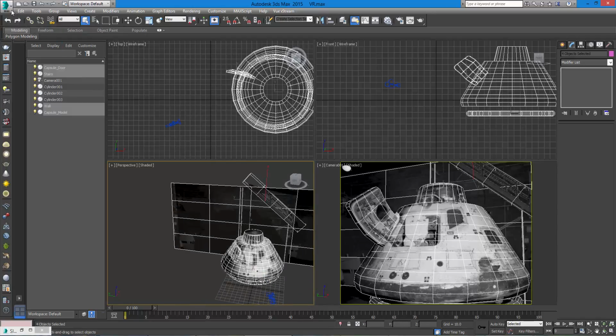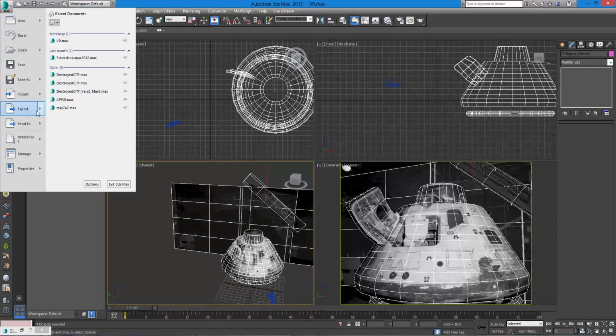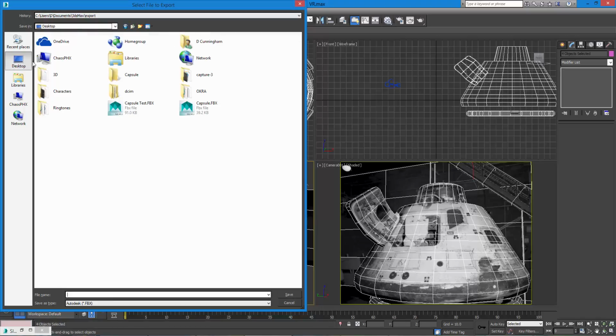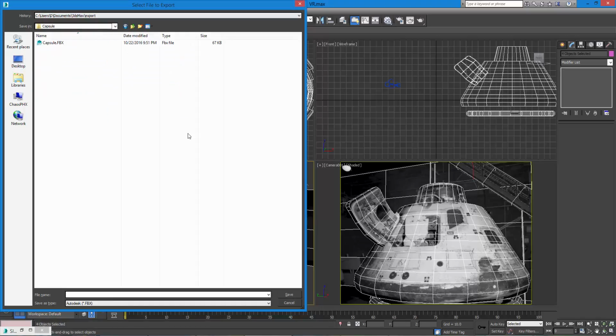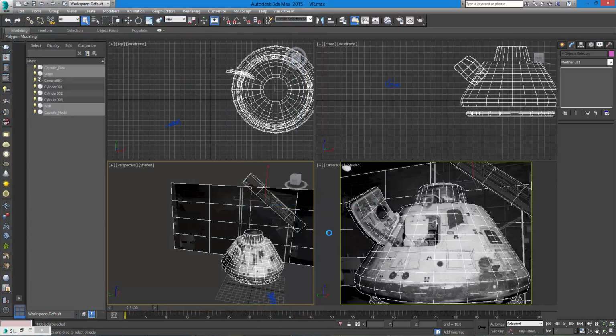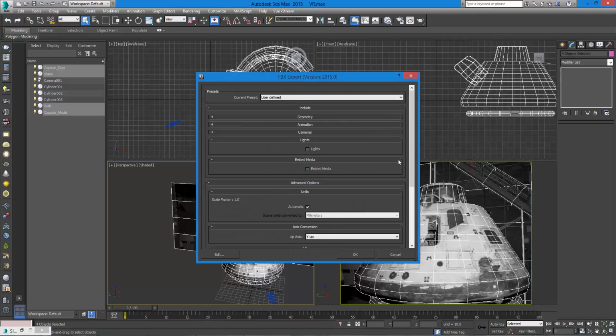And I'm just going to go to the Max menu and say export, but I'm going to export selected. By exporting selected, I'm going to put this on the desktop into my folder, and I'm just going to overwrite this and say save. And it already says it exists. That's fine. I'm just going to say yes. So inside of my